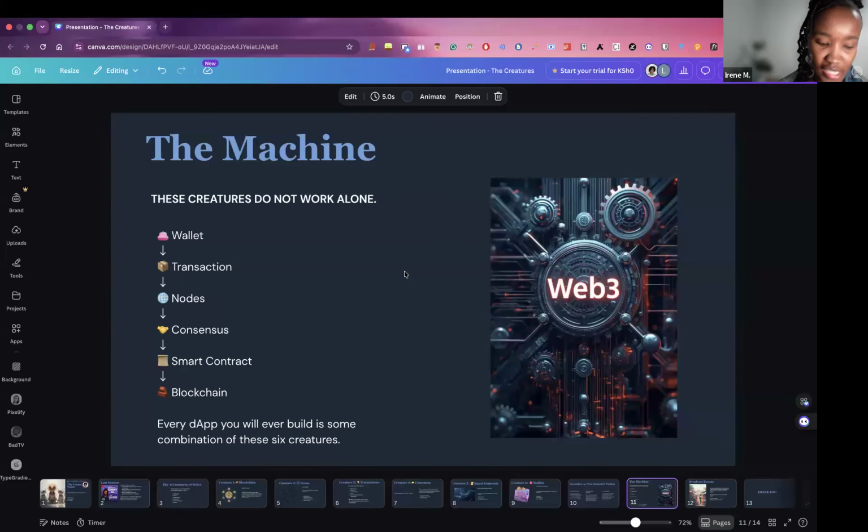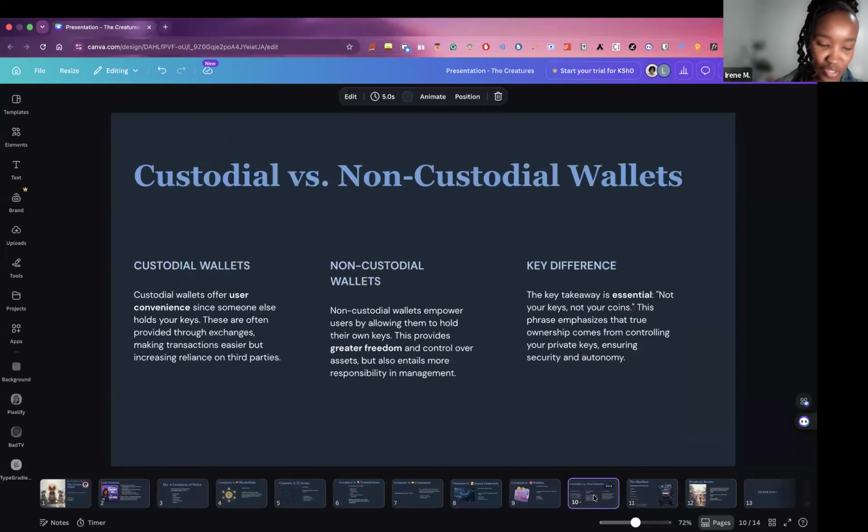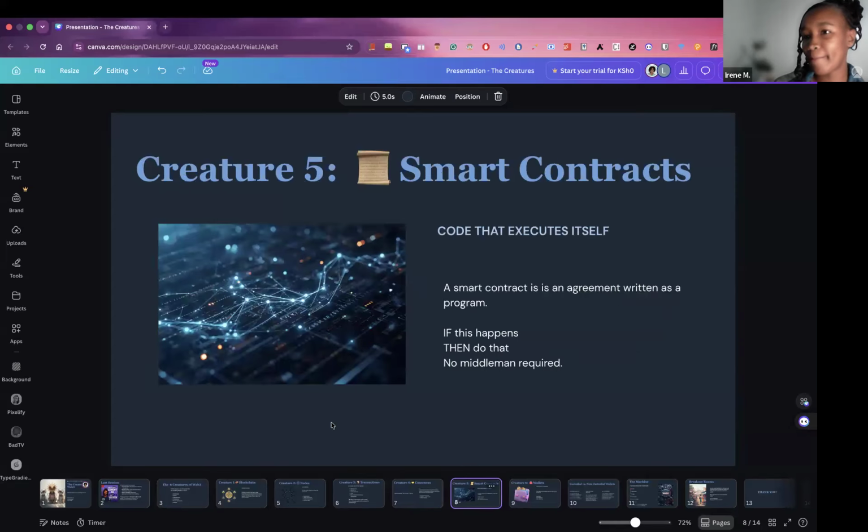My question is with maybe examples of custodial wallets, because I feel like I'm more conversant with non-custodial ones, but I can't grasp the idea of what a custodial wallet looks like. And finally, the other question is you said in your notes at least there was a place where on smart contracts it says that it's code that executes itself. I'm just curious if you would explain that further. Why are we considering it code that executes itself?